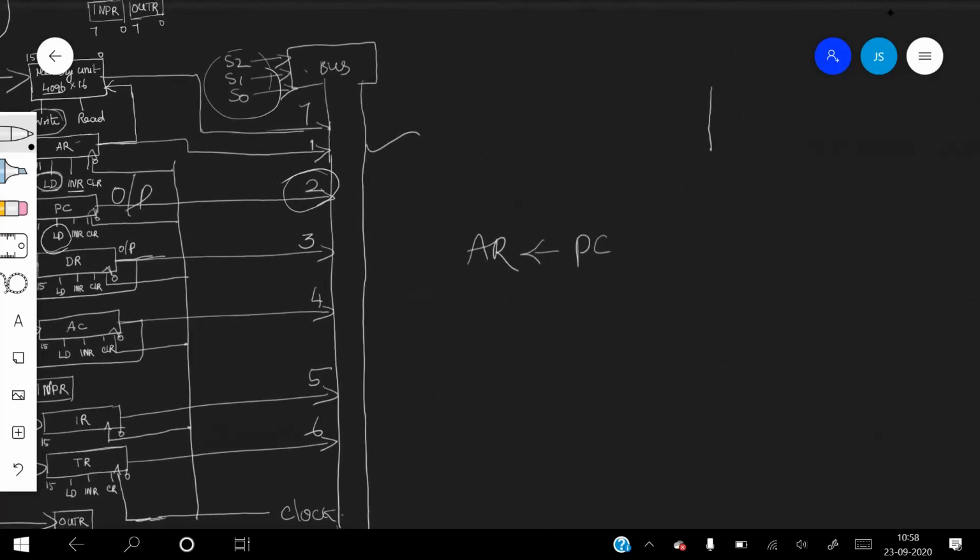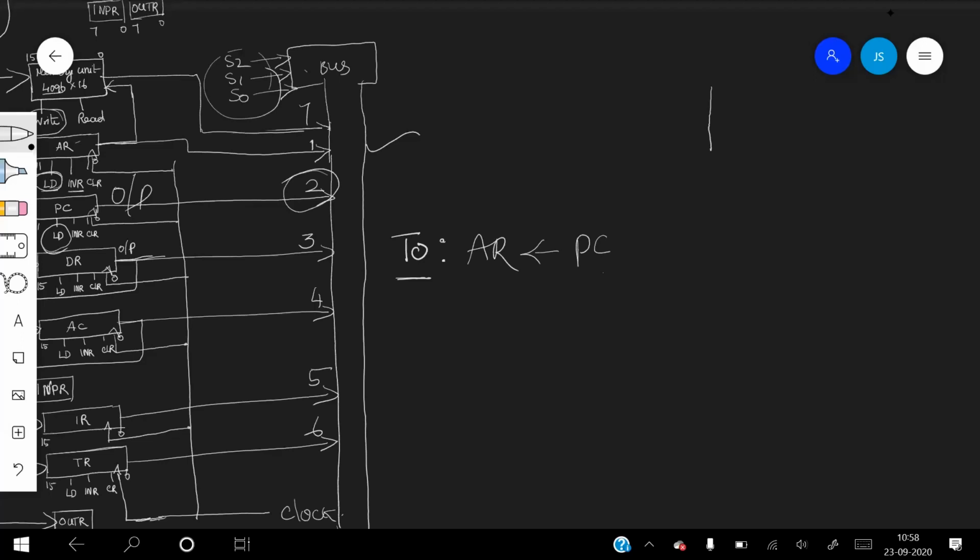Now let's say we have the operation. The register transfer statement is written like this: T0, which is a control function given. The control function is T0, meaning when T0 is active, perform the operation of transferring the content of PC to AR.